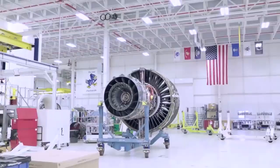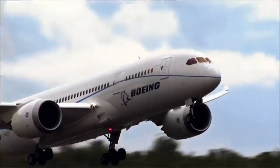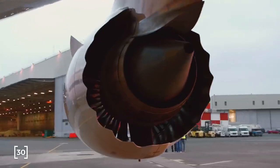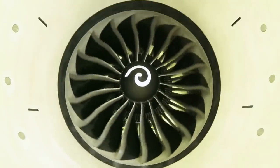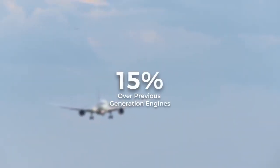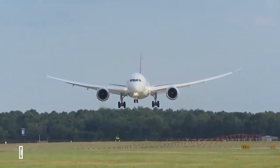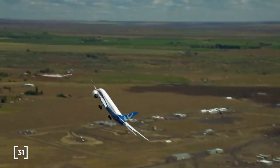It took 3 decades to take this material from the lab to commercial use, and the Dreamliner was the first plane to make use of it, paving the way for the material's acceptance in the industry. All of these factors combined to allow the GEnX engines of the Dreamliner to reduce fuel consumption by 15% over previous generation engines. That is an astronomical leap, and on top of all that, the engine is 60% quieter than